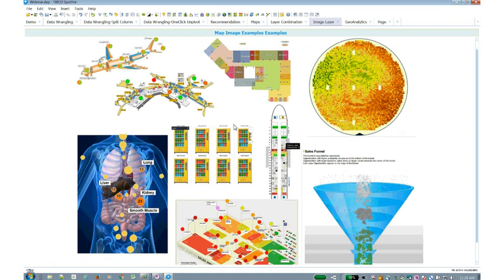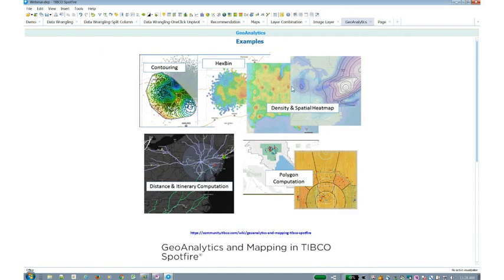And then if you really want to take it to the next level, you can incorporate advanced analytic algorithms on top of it, because we have the ability to incorporate R and TIBCO's enterprise runtime for R methods and functions that allows users to interact with them and create some very sophisticated graphs or visuals that can go and compute the different contour based off the data that you're looking at, whether they're hex bins, density maps, or if you have geographical, we can even go compute itineraries and distances from points to points.